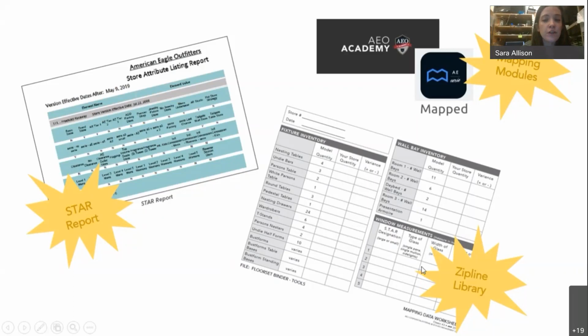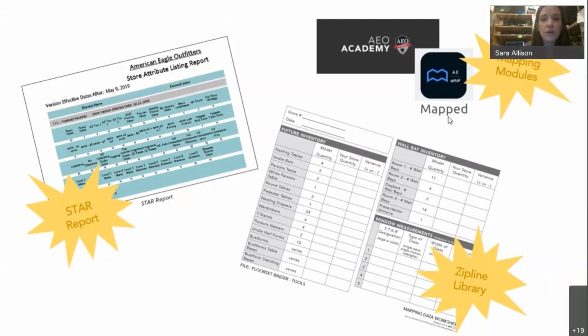It also has a space for you to fill in, if you have windows, what your window measurements are, so that each time you set a window, if you're 54 inches across, you set this one. If you're 78 inches across, you set this one. You don't have to measure every time. You just keep this one list from the one time you measured, and keep this little resource in your floor set binder, and it'll be a great reference tool for you.